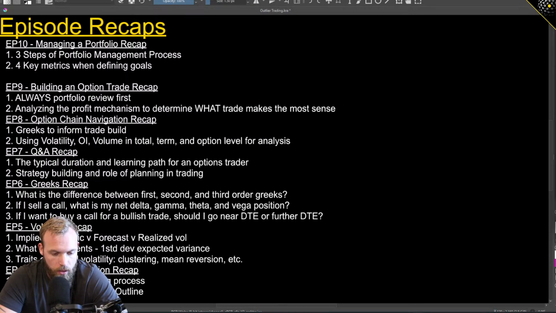Because the reality is, for most options traders out there, this ain't it. This is not going to be the thing for you. And the reason why that's the case is most people come into this with really bad expectations. They have a lot of things that they want to accomplish. They have a lot of hopes and dreams.